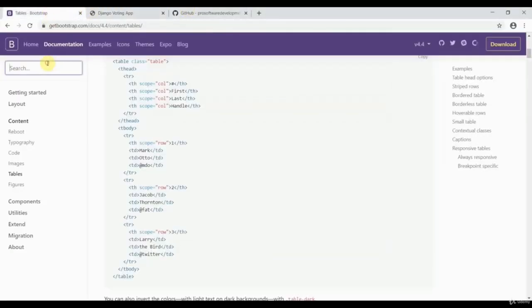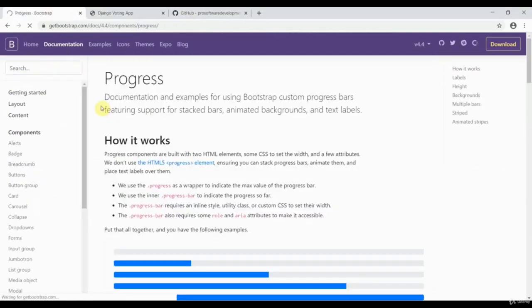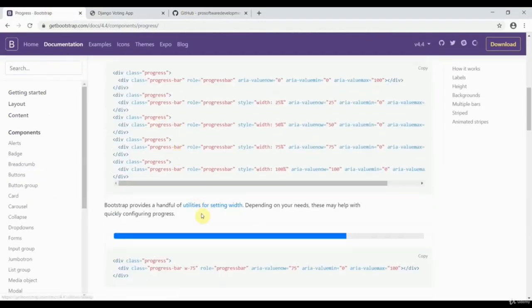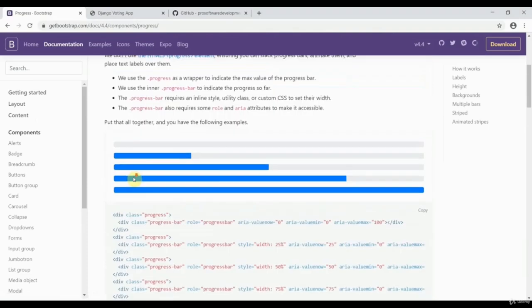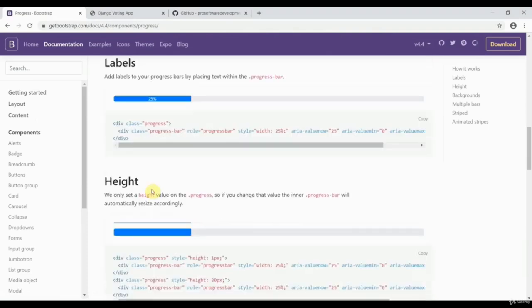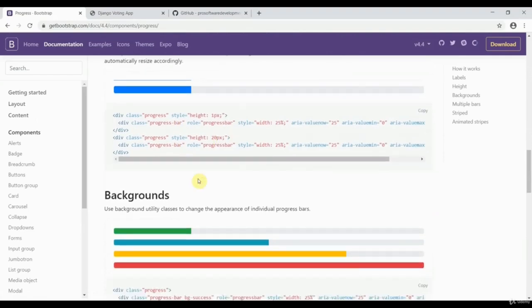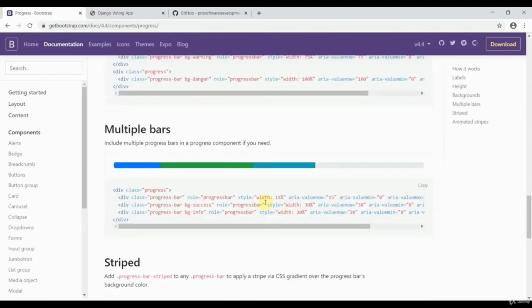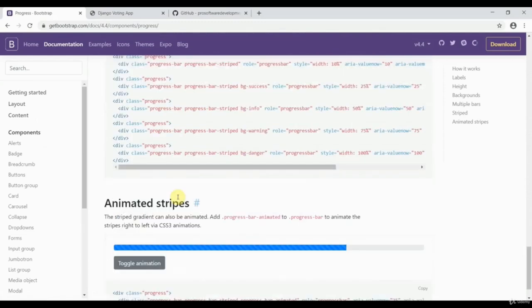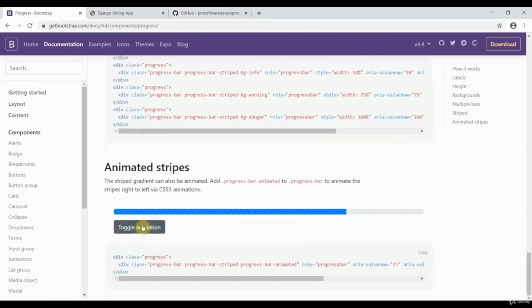So for the progress bar, what we need to do, okay, these are the progress bars. I'll quickly give an overview on the progress bar. Here you can see there's a background, multiple bars, striped bars, animated. You can use any.